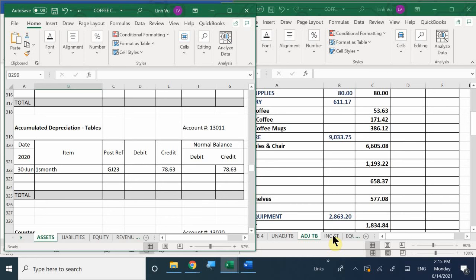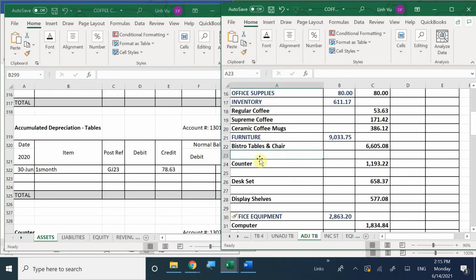For furniture, people sit on the furniture, people use the table to drink their coffee on. So they used our tables and chairs, in which we valued the usage to be